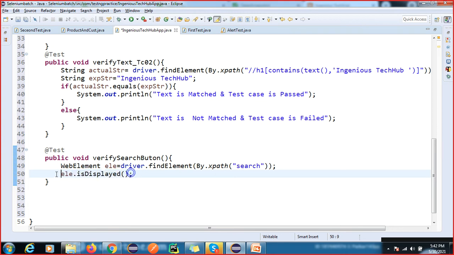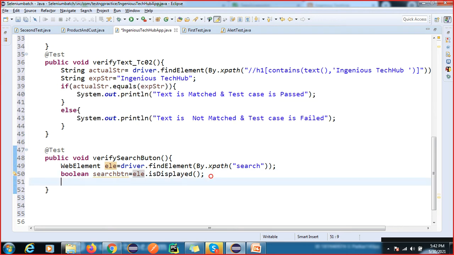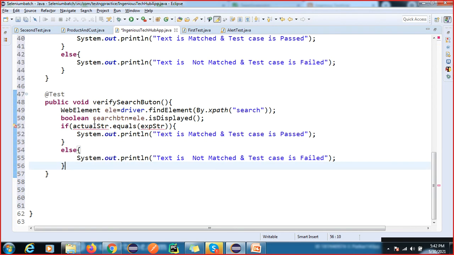Boolean type, boolean search button. Again, how to verify this? This if else condition will return a true or false value, right? If it is there, then the value is true.